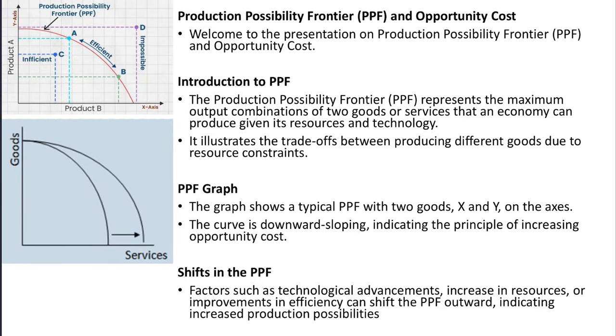Now, production possibility frontier. This production possibility frontier is a very interesting concept. Take, for example, in India's example, if we employ all our resources in production of services, then we can produce $5 trillion of services. Now if we employ all our resources, such as labor and capital, in production of goods, in manufacturing activity, then we can produce around 3 trillion